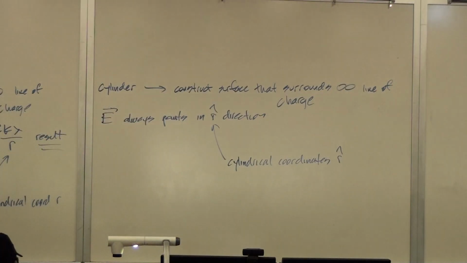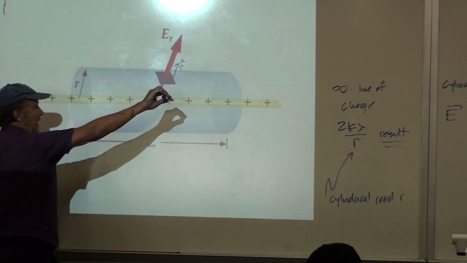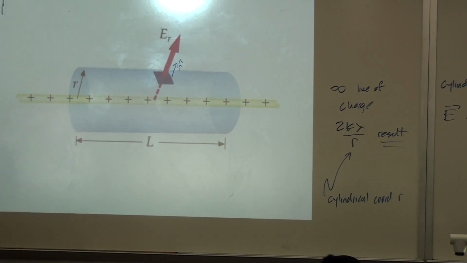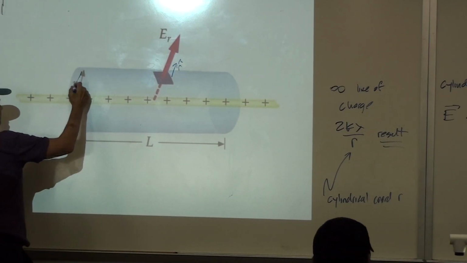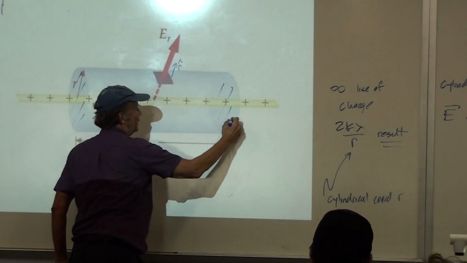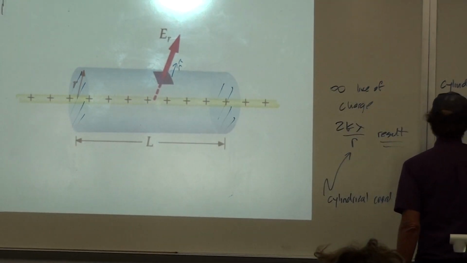Which is going to be straight away from the line. Okay, so down here it'll be this way, out here it'll be that way, on the back side it'll be this way, etc. And then these end caps are going to be the end of our integration. And so the total flux then,